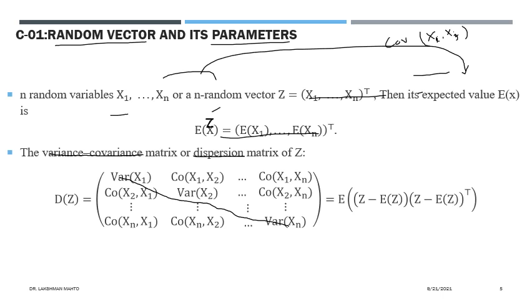One more thing you can observe is that this matrix is symmetric. Covariance is one kind of metric, and a metric is always symmetric in nature. Whether you go from one place to another, or from the other place back to the first, the distance would be the same. Both entries involve x1 and x2, so both values would be the same. So we can say that this variance-covariance matrix is a symmetric matrix.